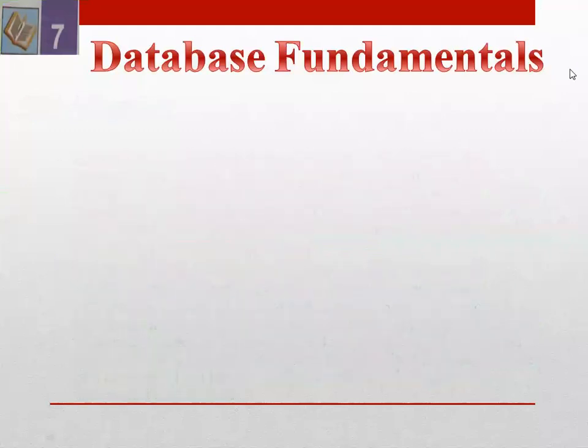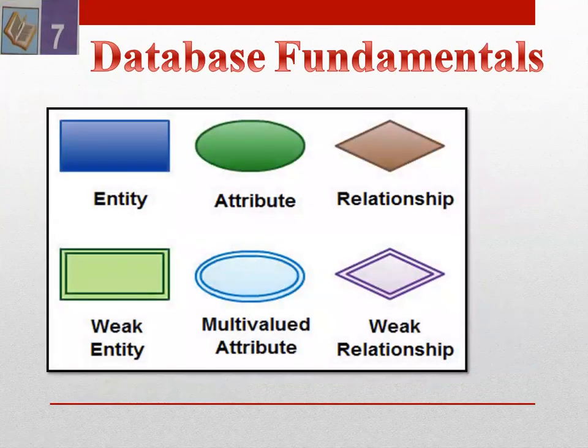So basically, an ER diagram is a graphical representation of tables, entities in a database, and the relationship between them. It was developed by Peter Chen in 1976. An ER diagram uses symbols to represent three different types of information. On your screen you can view three different types of symbols. The rectangle is commonly used to represent entities. The diamonds are normally used to represent relationships, and ovals are used to represent attributes.